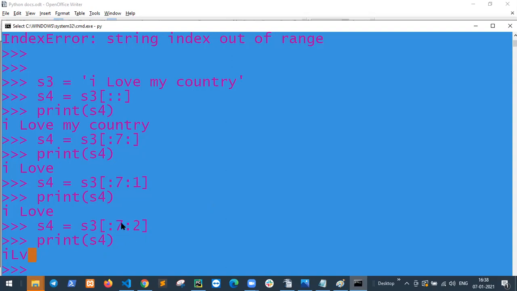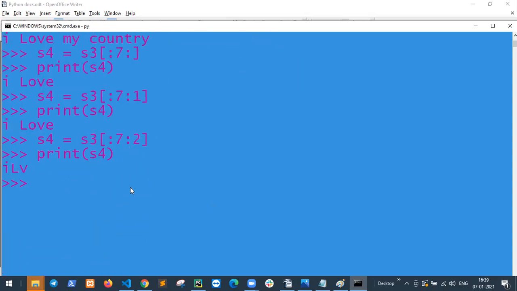We have to go up to 7, and with 2 increments, so 0, 1 and 2, so L and so on. So spaces are counted, so increment 2 values.